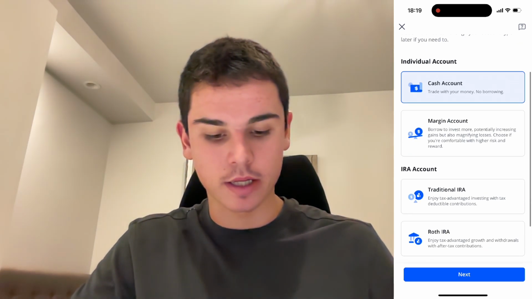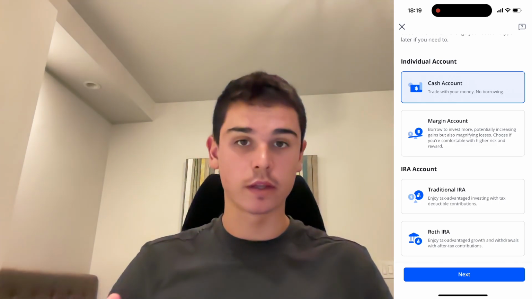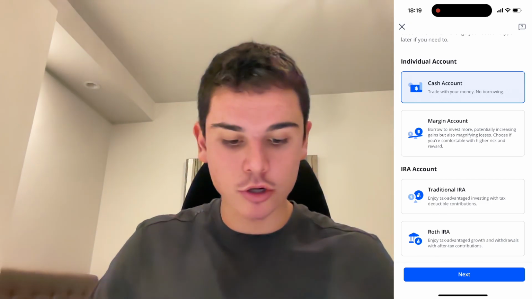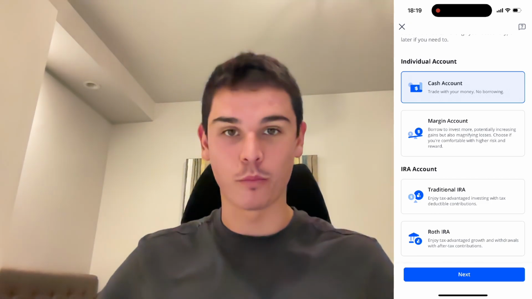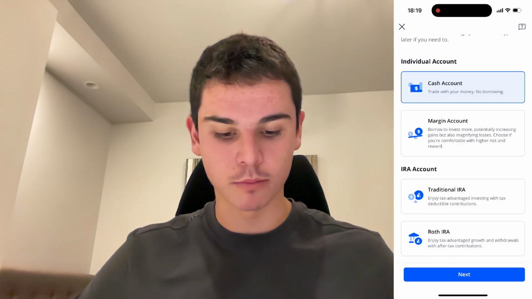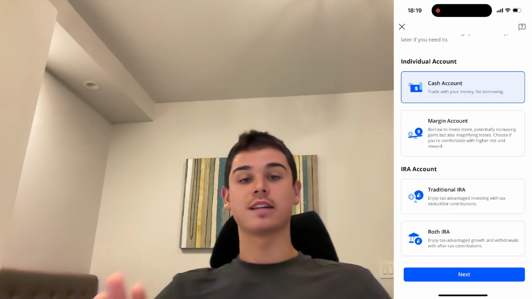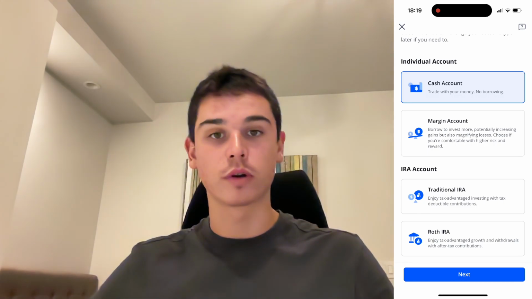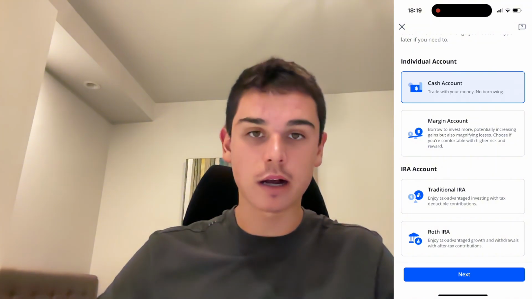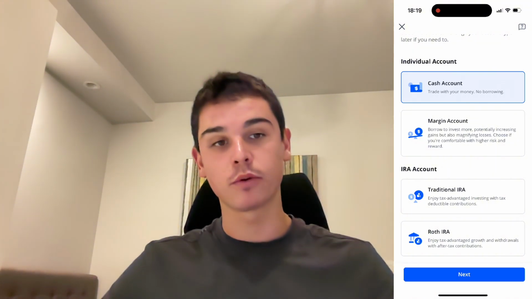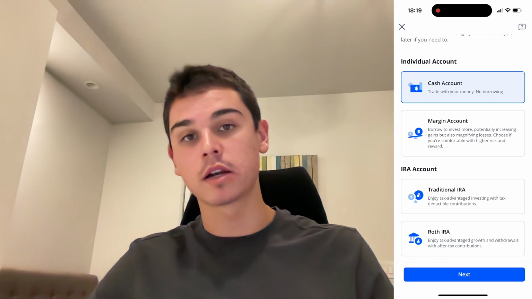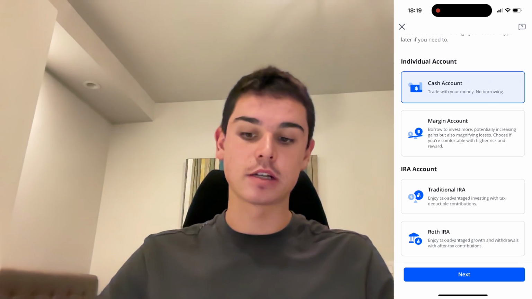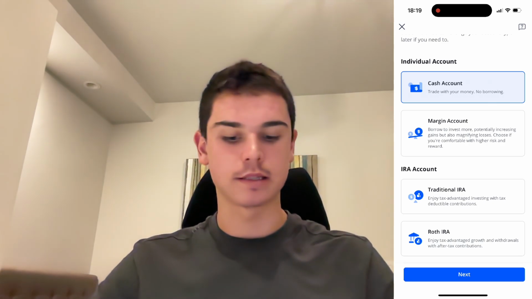So cash account is essentially where you just fund the account, you wait a few days, and you're able to trade once the cash has settled. Margin account can borrow you money from Webull's brokerage to invest a little bit more, but this essentially puts you at a much higher risk. So say you want to invest $1,000, you're really confident in a certain option or certain stock, but the stock ends up performing the opposite of what you did. You essentially traded on borrowed money. Now the losses there are terrible because they essentially double what you lost,